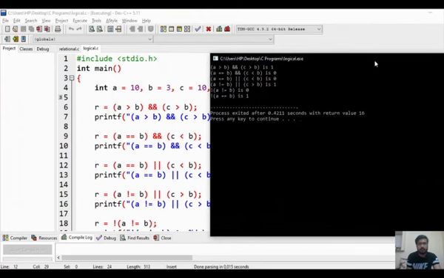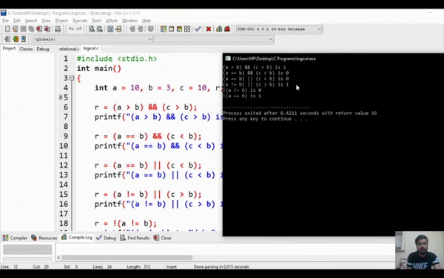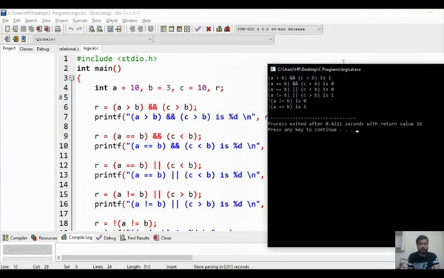There is a result. As you can see, all the values are with respect to the initial values of A, B and C. And you can cross verify the values like this. Is A greater than B? हाँ बिल्कुल है. क्या C greater than B है? Yes, बिल्कुल है. And the result of AND operation on this is 1. बिल्कुल सही है, क्योंकि first one is true and second one is true. So the logical operation of AND will result in 1. Understood?